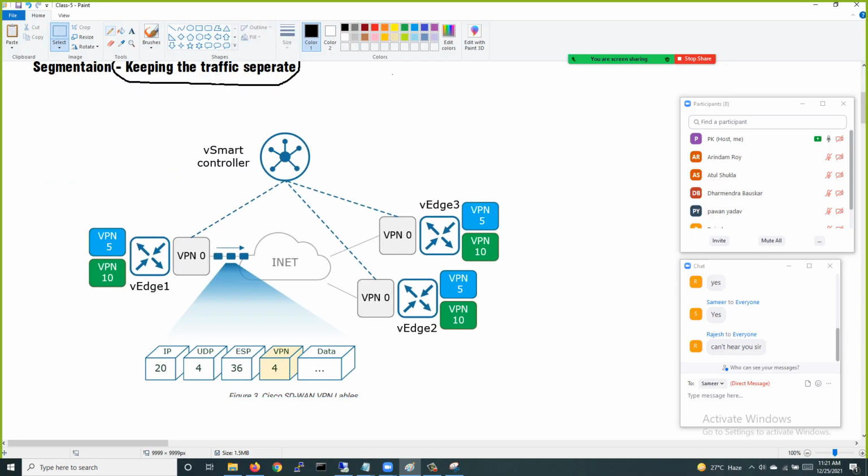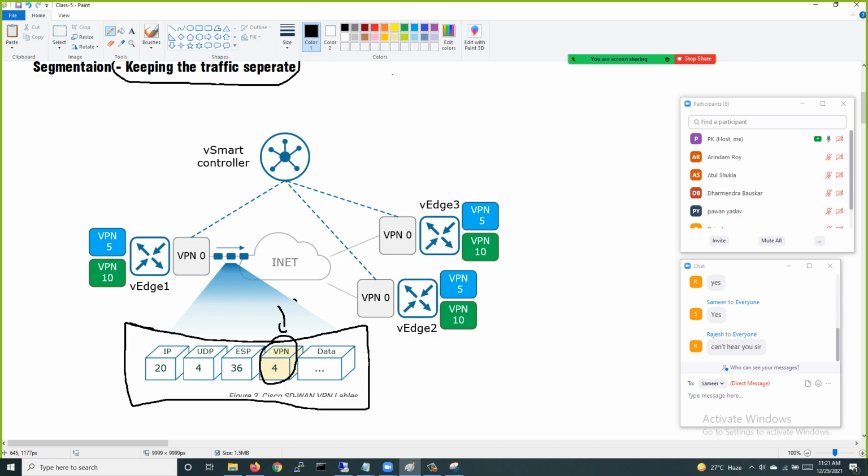Can you see here? So here you can see this is basically the VPN tag that is present in my traffic, right? So this VPN tag is always encrypted. You cannot see it in the real-time traffic, right? This is behind ESP. So above your data, there will be a VPN tag. So the other end will automatically know that this particular traffic belongs to this particular service side VPN,